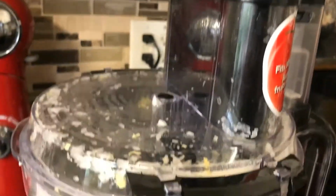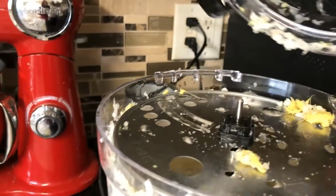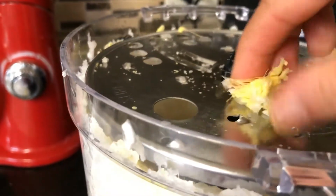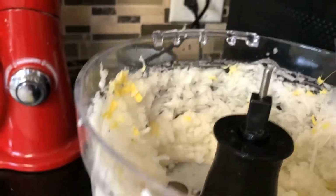Okay, so as you can see, the jar is full with the one radish that I have grated. I'm just gonna open it up and show you how good the grater is. There are maybe very little leftovers. As you can see, it does an excellent job of grating. And if there are some big chunks, you can always chop them up later, but mostly it's all grated really well, as you can see. Look,